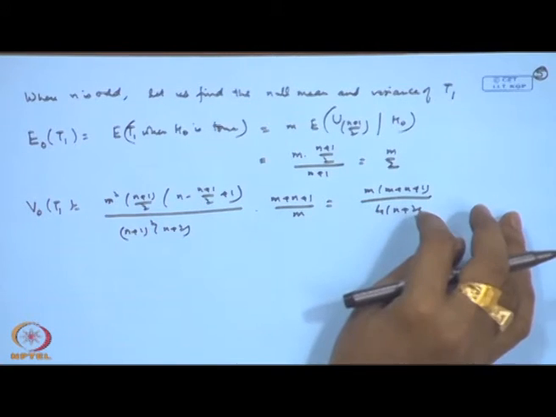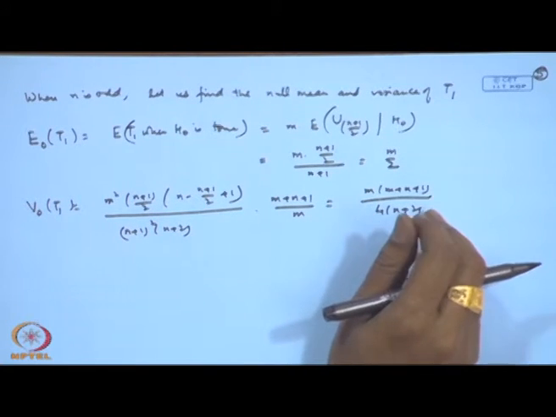So, this is the mean and this is the variance under the null hypothesis. Certainly we can consider the normalization, and of course, I know the distribution of T1 also here. So, we can check whether it is too large or too small. We can also apply this Neyman Pearson type of thing. That means, we can consider the probability of type 1 error is equal to alpha, and then we find the value of the critical point.